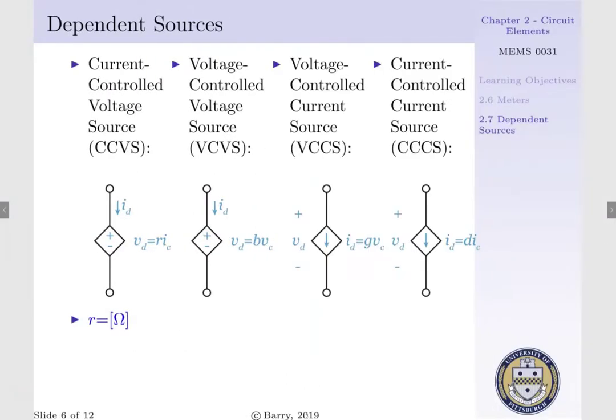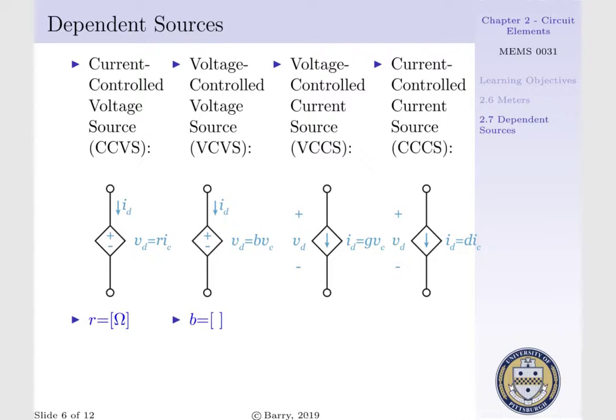Now, if we look at our unique gains, starting with our CCVS, the gain R has to have units of ohms. This is quite evident because our output, VD, is equal to R times IC, which is following Ohm's law. Therefore, your gain is going to be a constant numeric value with a unit of ohms. Now, if we look at our VCVS, our gain is going to be dimensionless. That is, B will have a scalar value and no units associated with it, such that VD is equal to